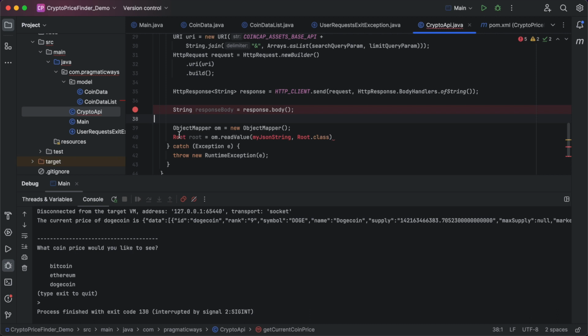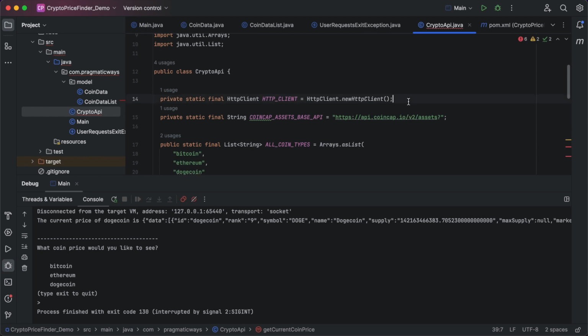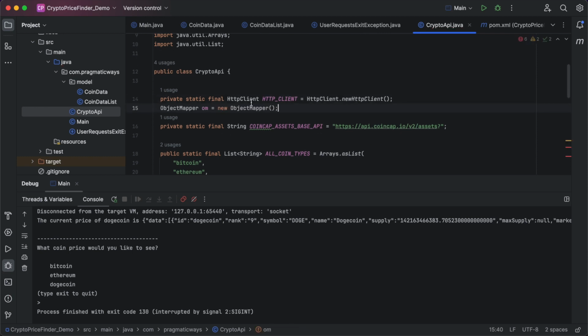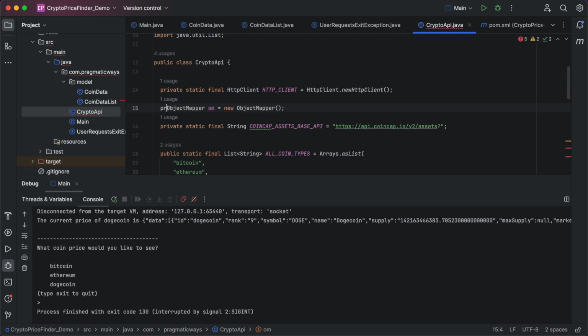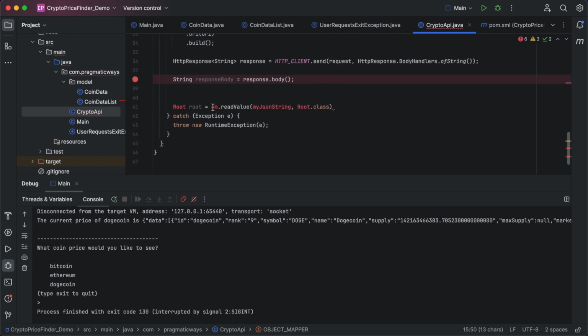lines of code here. And now this is an object mapper. Again, I don't need to instantiate this every single time I run this method, so I'm going to create this as a member field of this class instead. All right, so paste it up at the top, make this a private static final ObjectMapper. Let's rename this as ObjectMapper. Let's go down here and replace this. It was named OM, and I renamed it, so I need to rename it as ObjectMapper, make it a little